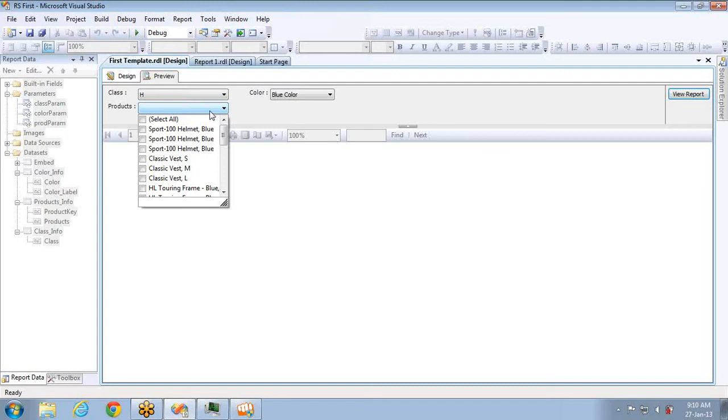And in the next session we're going to discuss the difference between parameters and filters, the main and major one, and then we are also going to discuss tabular format, matrix format, and the differences between these two. And also we're going to discuss report header and footer and a couple of properties.